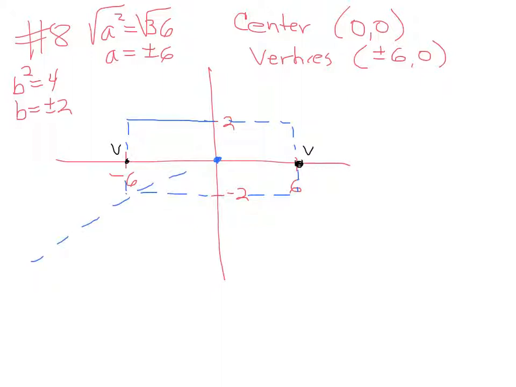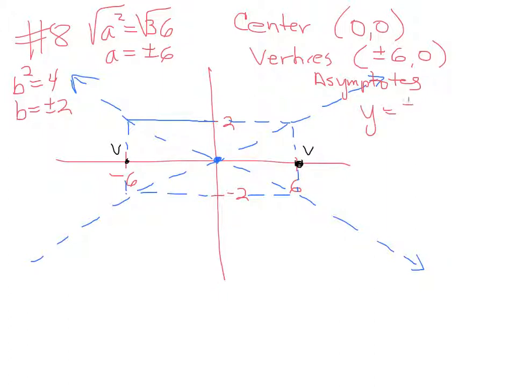also the asymptotes. If you look at the formula chart, it says the asymptote is y equals, so look at the formula chart. Is it A over B or B over A? It's B over A, right? So the B was 2, so my asymptotes, I'm going to put it on the side. It's y equals plus minus B, which is 2, over